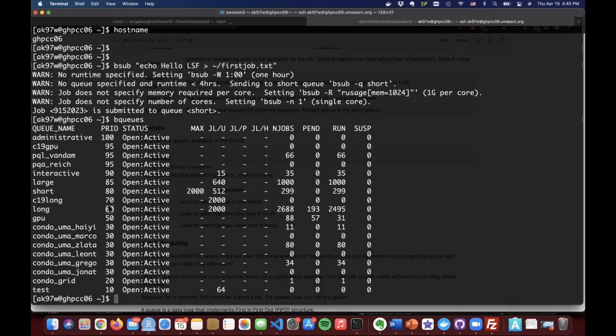If you submit to the long queue, the jobs are going to be submitted to the short queue first, and then they're going to go to the long queue. By the way, these machines are not different machines. They are the same machines in the short and long queue, but the machines are utilized in the short queue versus long queue. But if somebody submits a job to the short queue, and there are other jobs submitted to the long queue, the short queue jobs will start faster. So this priority score tells